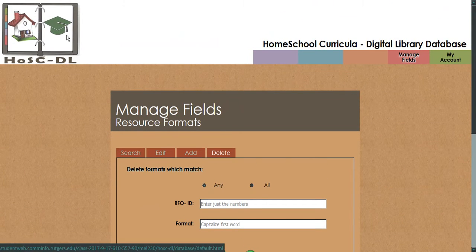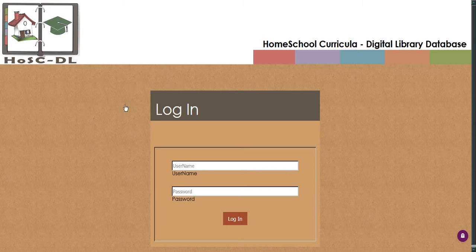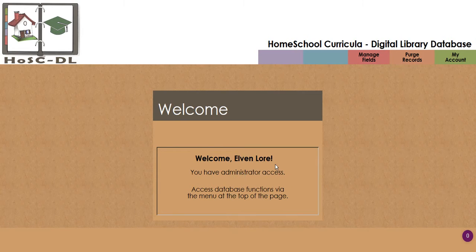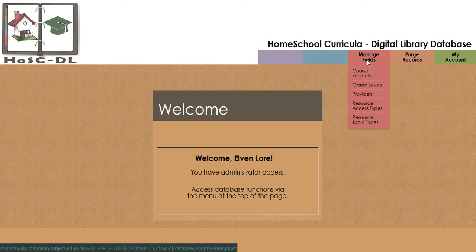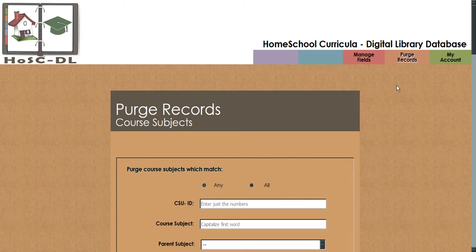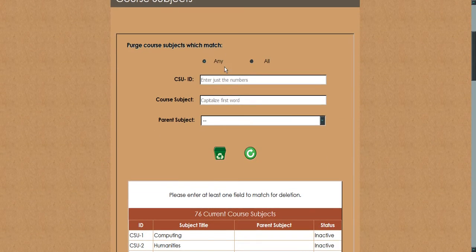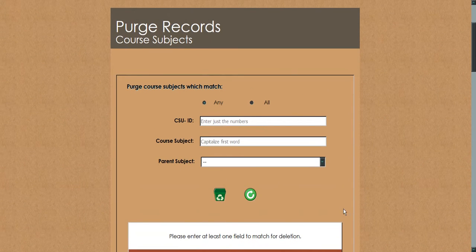Going on to demonstrate the administrator role, I will click on the Home tab, which takes me back to Login. And again, I'm welcomed and told I have administrator access, and now you can see that in addition to manage fields, I also have purge fields. And purge fields is just like the delete in manage fields, except that now it's only for purging. So there aren't all the other tabs, and it's prompting me to purge course subjects which